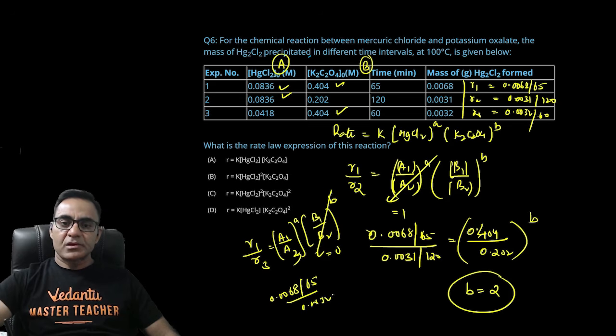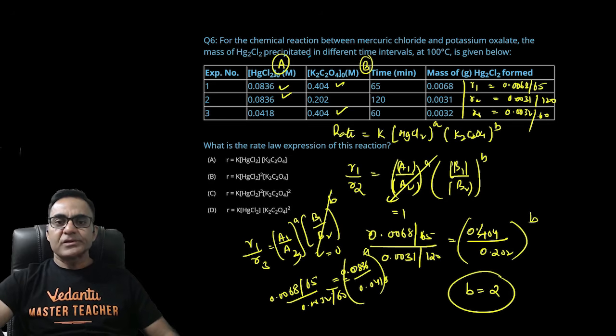तो R1 अपॉन R3 हो गया 0.0068 डिवाइडेड बाई 65 अपॉन 0.0032 divided by 60 must be equal to what, 0.0836 upon 0.0418 raised to the power A। ठीक है, पहले वाले पार्ट में भी यही इसी तरह का डेटा आपने को रखना था। तो यहां से ये रफली जब आप कैलकुलेट करोगे ना 2 रेज टू द पावर A इज इक्वल टू 2, यानी कि A का वैल्यू 1 हो जाएगा।